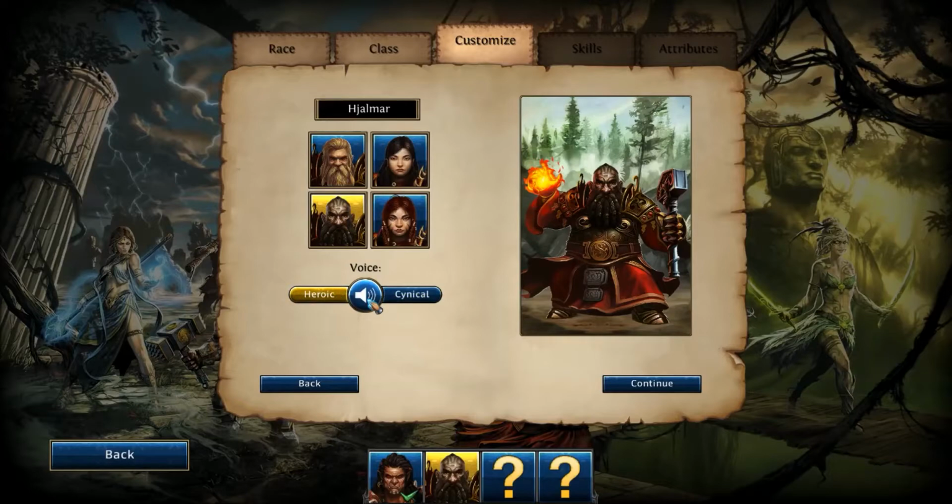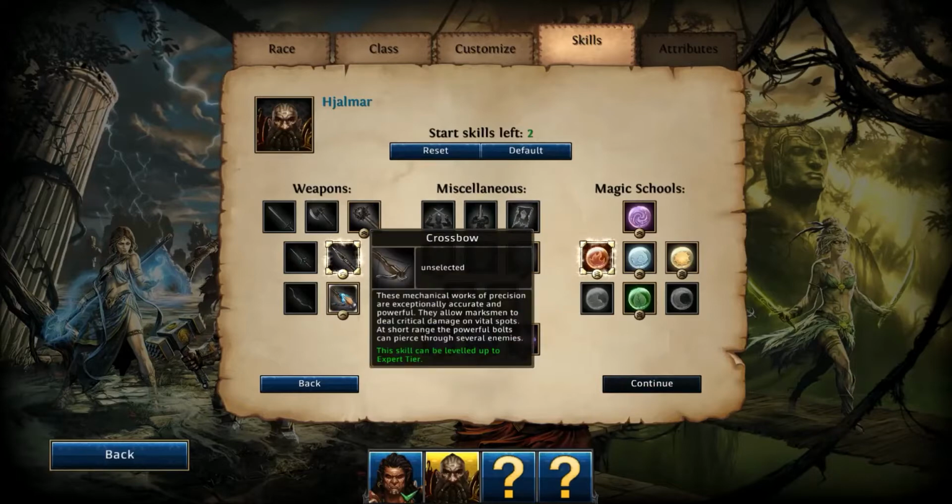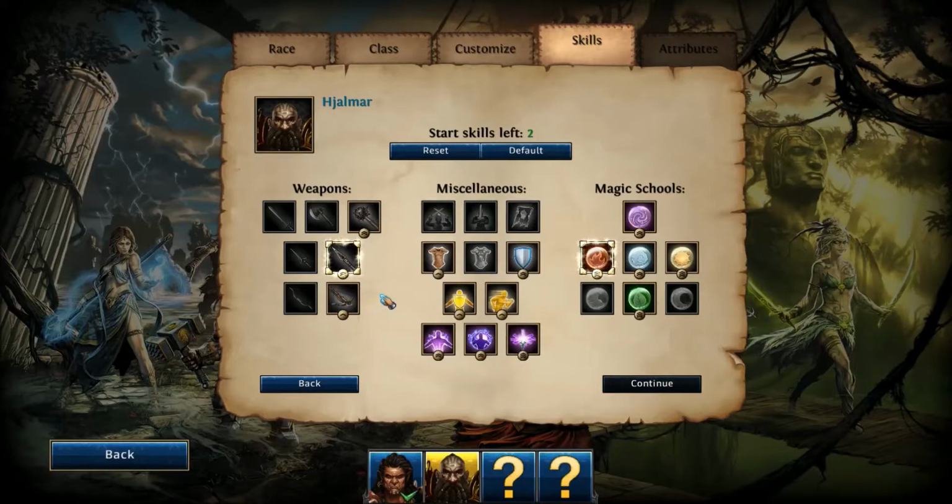Now dwarves are pretty heroic. Let's see what they sound like. Oh, that sounds awful. Choose me! Oh, not kind of a choosing little me, Scottish would voice be a mistake there. Alright, we're going to go with cynical. Choose me! Okay. Now he starts off with a spear and a crossbow. Oh no, he doesn't have a crossbow. Okay, so he can attack